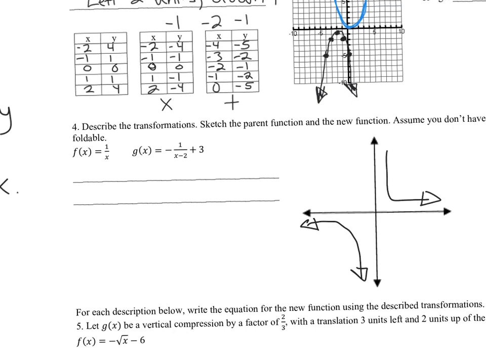And it had some asymptotes, right? You couldn't cross the x or y axis, okay? You weren't allowed to cross this. You get close to it, but you can never cross it. Now, what it goes on to say here is that we have a negative on the outside, so I'm going to reflect across